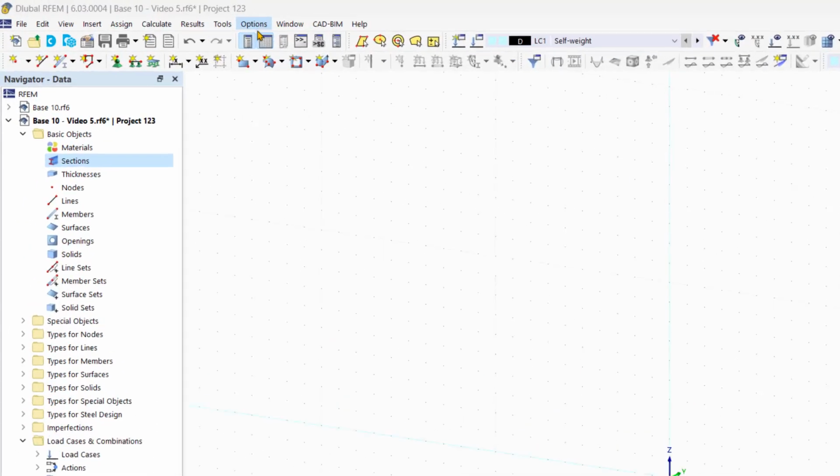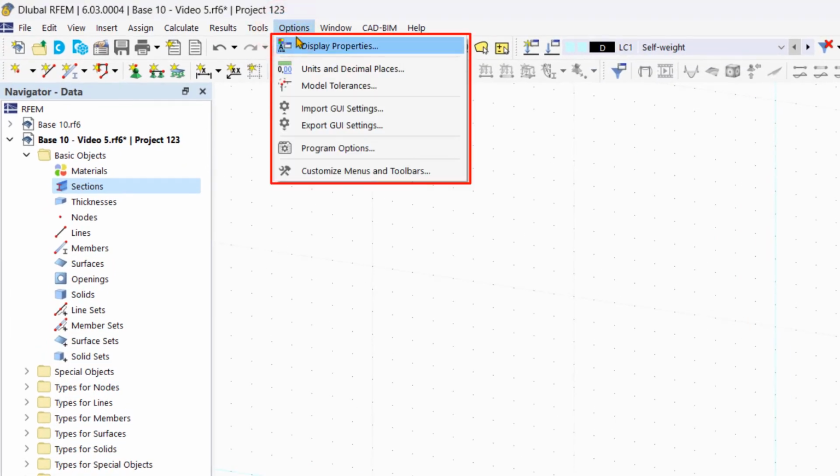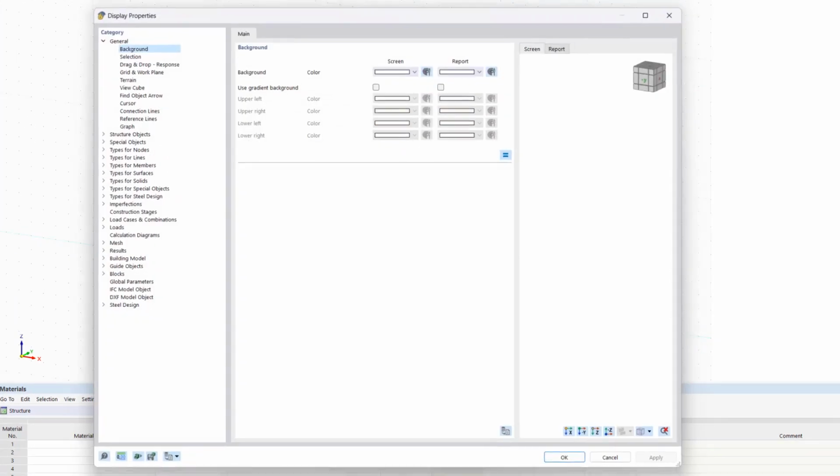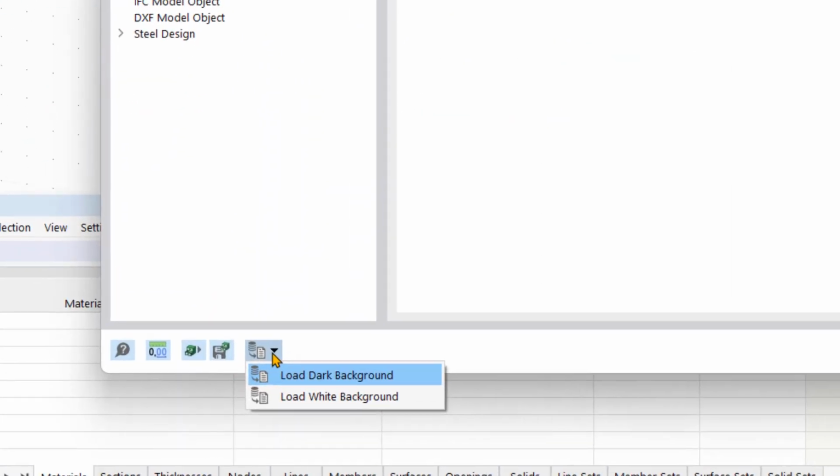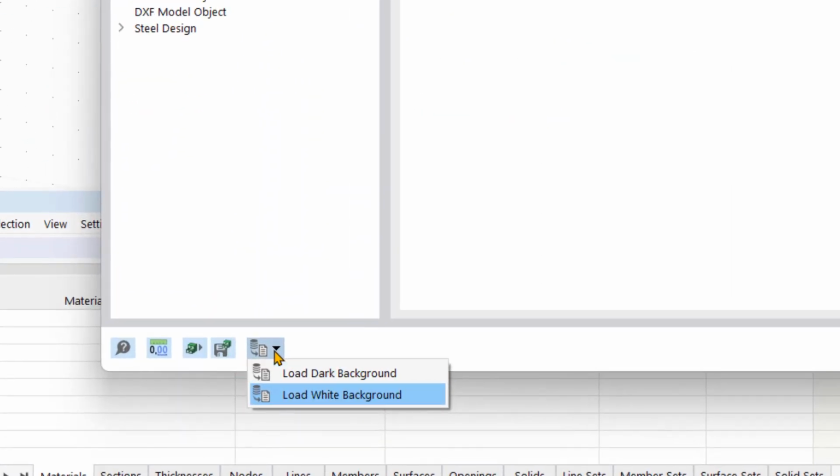in RFEM. First, we can go up to Options and then Display Properties. If you would like to change your background between dark background and white background, down here is where you can